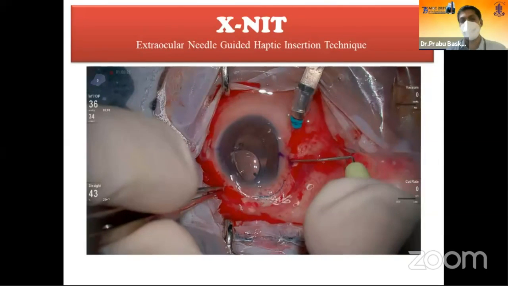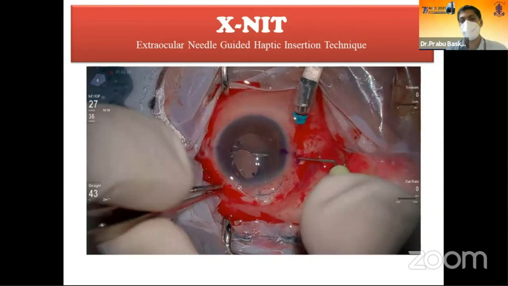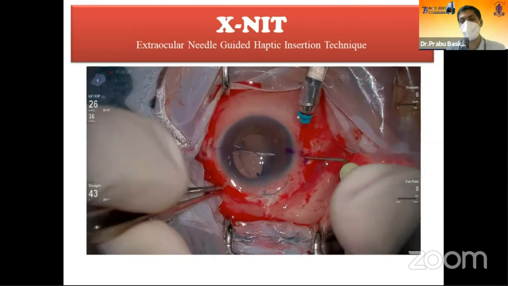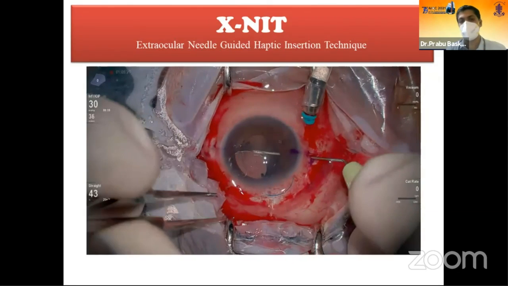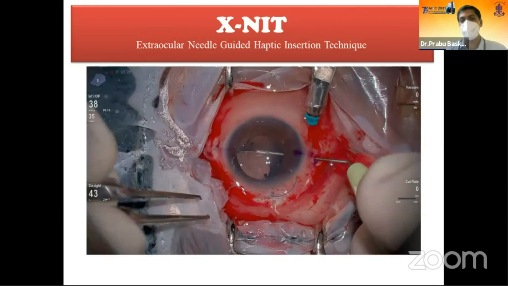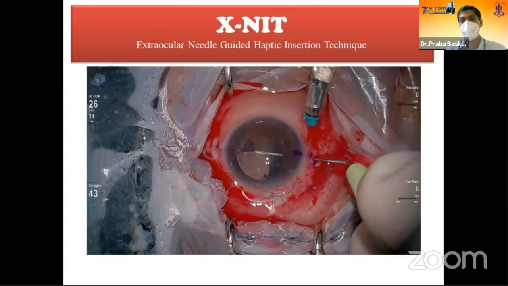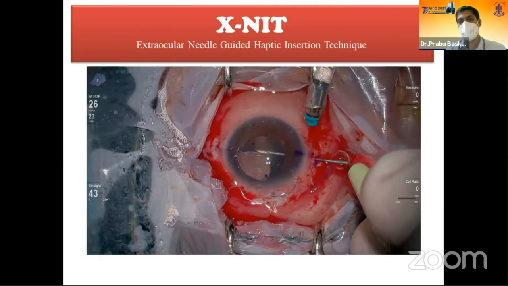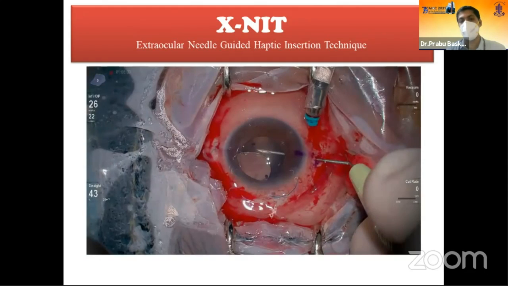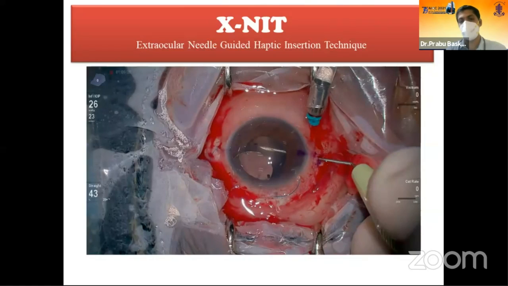You may slightly increase the intraocular pressure at this stage for easy penetration, or you may simply close the lip of the corneoscleral section using a cotton tip applicator so that your penetration is easier. Once the tip of the needle is inside, you need to again sweep it towards the corneoscleral section. Remember that the plane of your sweep should be above the haptic and above the optic. So you can again use a McPherson forceps at this step.